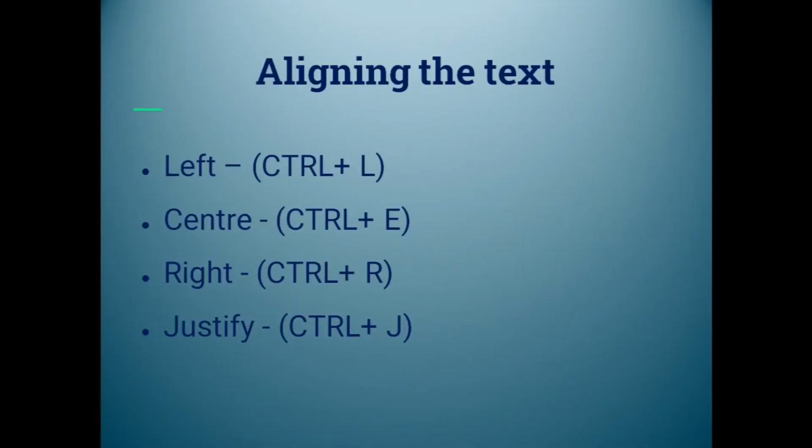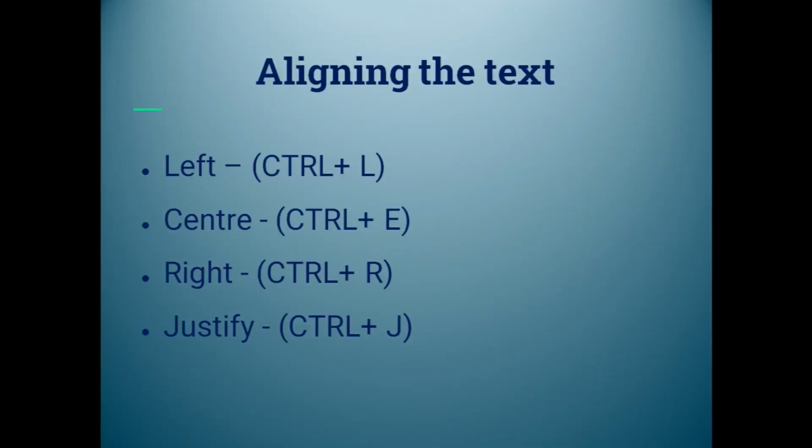The alignment also we discussed. We can use left alignment, right and justify. For this alignment also we can use shortcut keys, so it is easy for you to remember. For left, it is L. Left word is beginning with L. So, you can use Ctrl key plus L key. For right, it is R, the word is beginning with R. So, you can use Ctrl key plus R key. Justify, it is J, the word is beginning from J. So, you can use Ctrl key plus J key together. Only for the center it is a little bit different. It is not C, Ctrl C is already used. So, we are using Ctrl key plus E key for making our content center aligned.